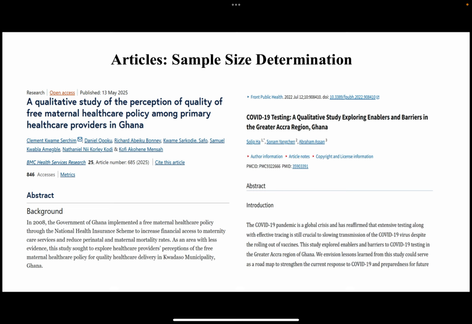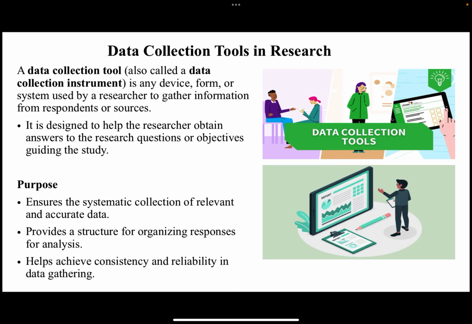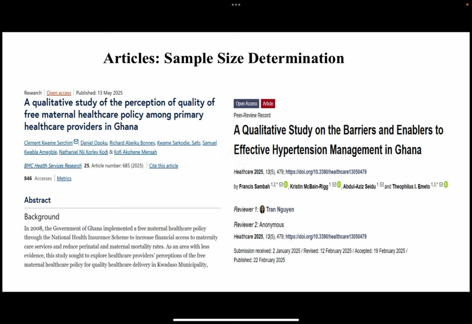Okay, so we have sample studies over here. These are qualitative studies, and they try to describe sample size determination. So you can reference these articles and check out how they describe their sample size determination. Then you can learn new skills and pick up practical ideas from these samples. Okay, now finally,